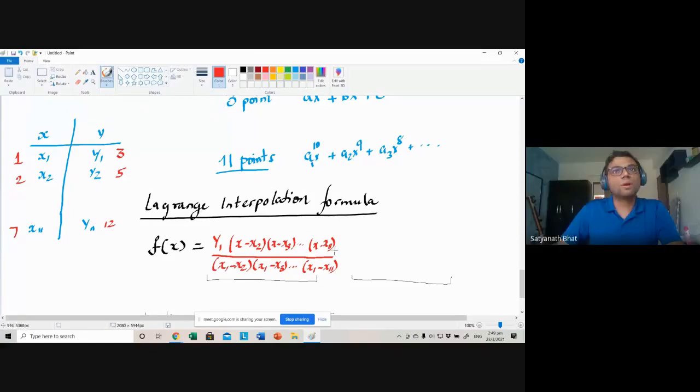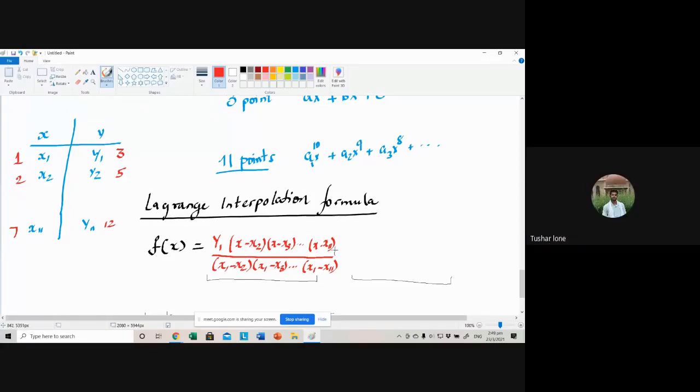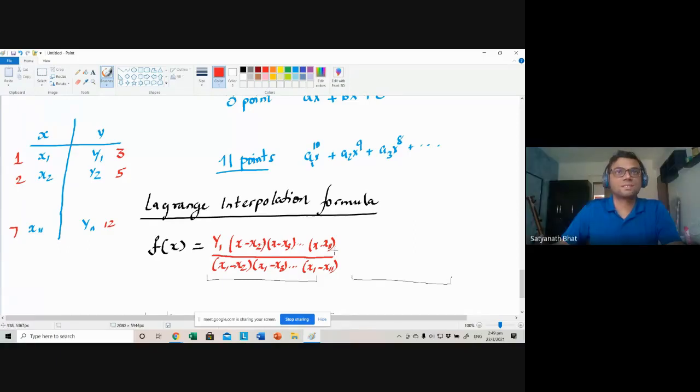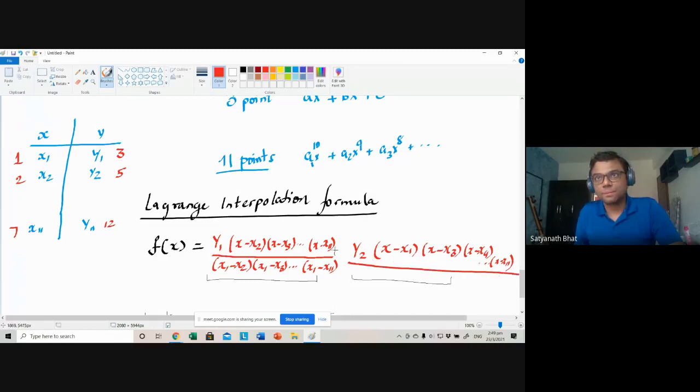You will have a term. What does this evaluate to? It is 0. So for all of these, x2, x3, x4, x5, all the way till x11, all of them will evaluate to 0. Do you understand? So that is why we will have a term like this. Then we will have y2 times x minus x1, x minus x3, x minus x4, all the way till x minus x11, divided by